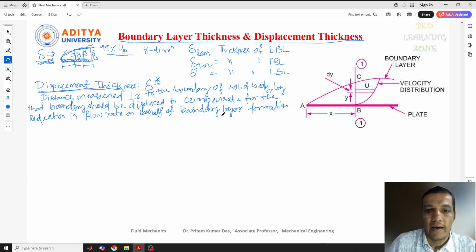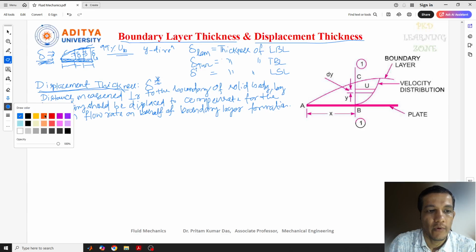Okay, and this is the definition of the boundary layer displacement thickness. It is defined as the distance measured perpendicular to the boundary of the solid body by which the boundary should be displaced to compensate for the reduction in flow rate. So keep in mind this flow rate